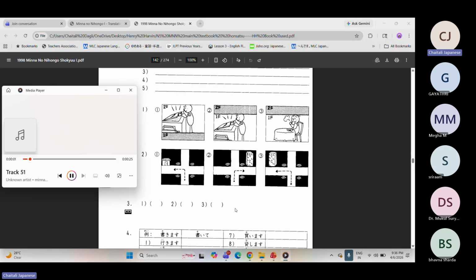2番、 1、 佐藤さんはどこにいますか？ 1階でコピーしています。呼びましょうか？ ええ、すぐ呼んでください。 はい、わかりました。2、新大阪までお願いします。